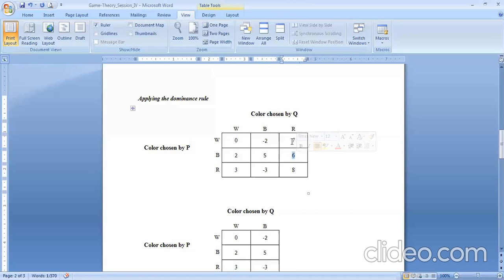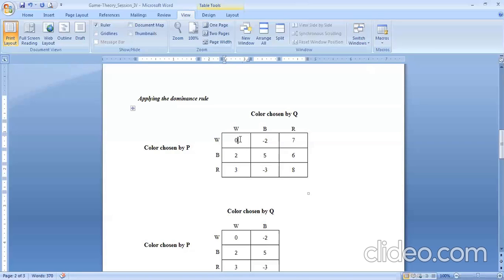6 is less than 7. It means here W is not completely inferior to B, and B is not completely dominating or superior. Of course, by considering the first two it is okay, but the third column value does not give the same result as the 2 and 5 have given. 2 is greater than 0, 5 is greater than -2, but 6 is less than 7. So no comparison is possible between W and B.